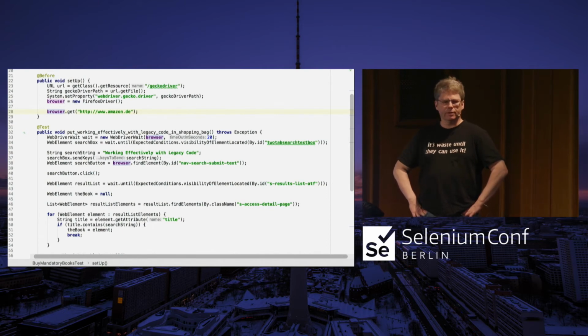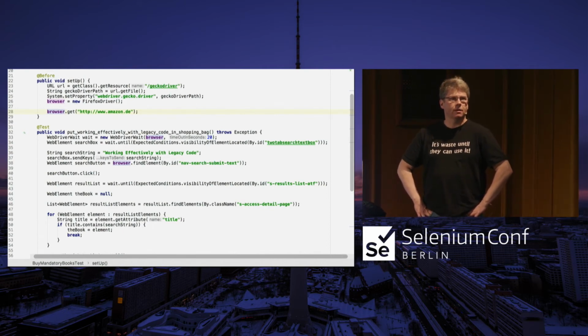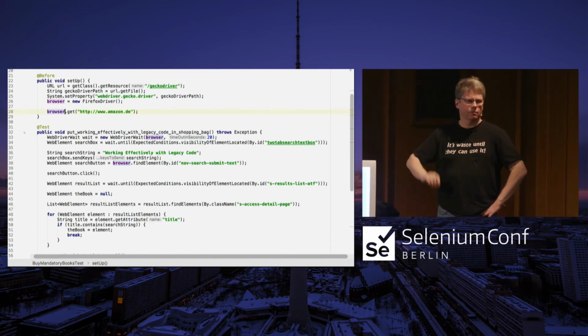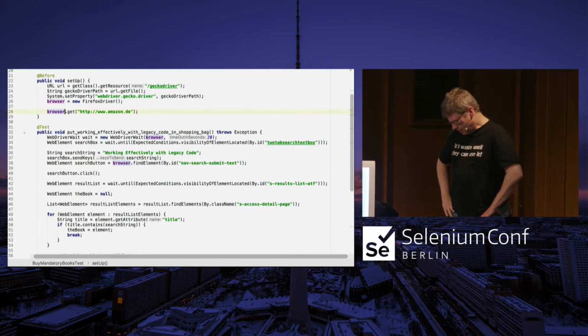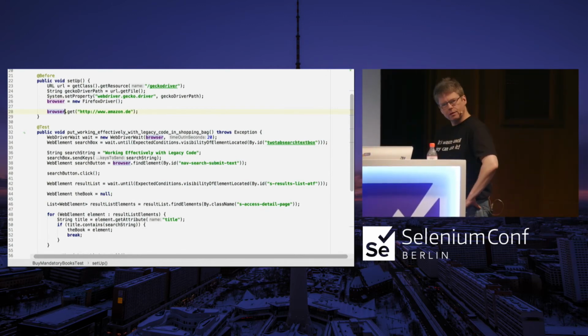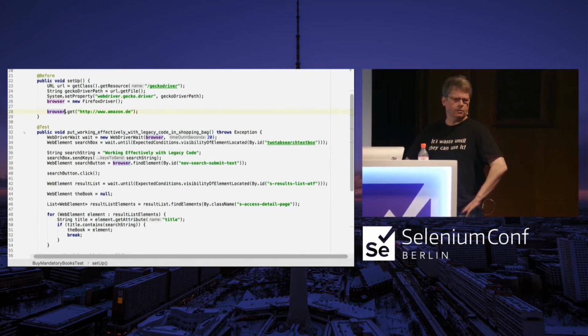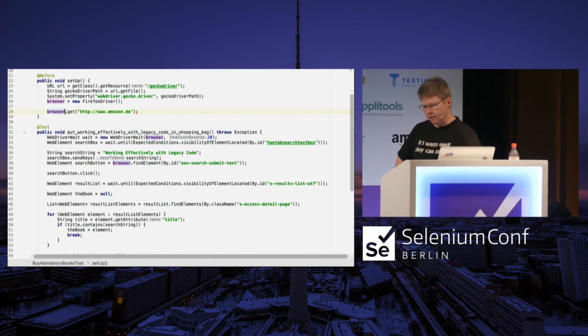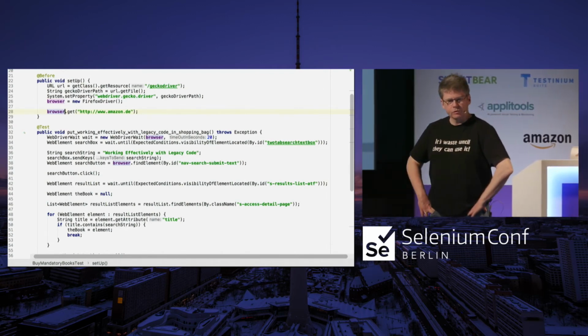Sometimes I see commits like "add a target underscore blank", because someone wants something to open up in a new window or a new tab if you click on a link. And that's technically correct. But that's not why you did this. You did it because you want this link to show up in a new tab. So say that instead. Tell people that are reading this later why you did something, not what you did.